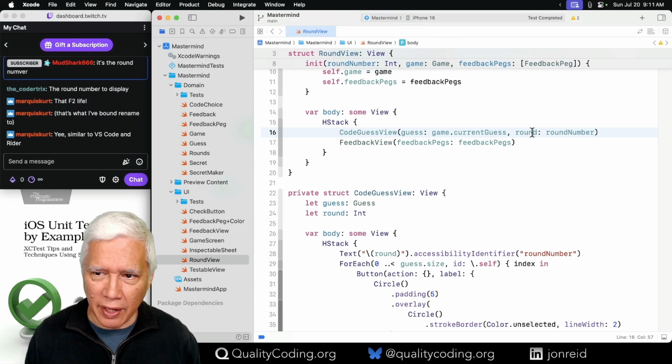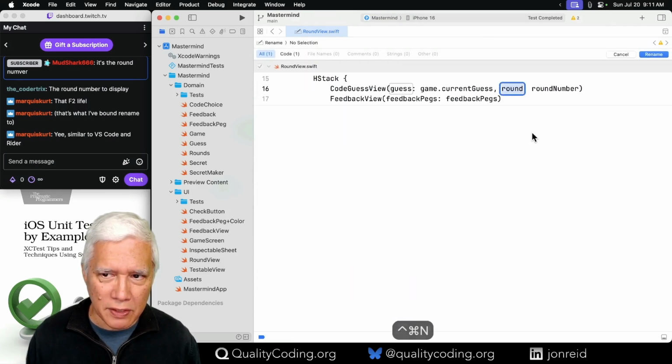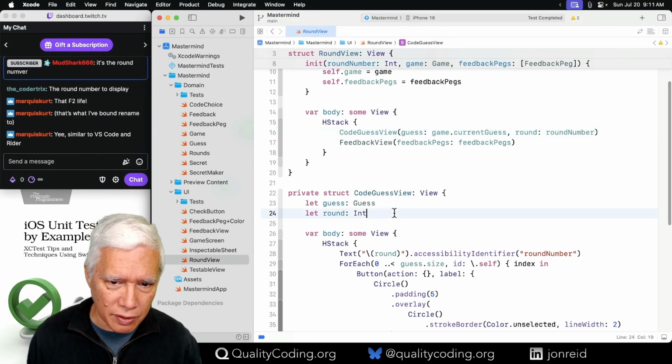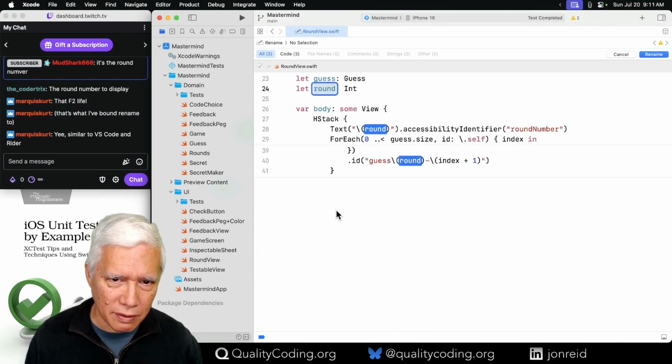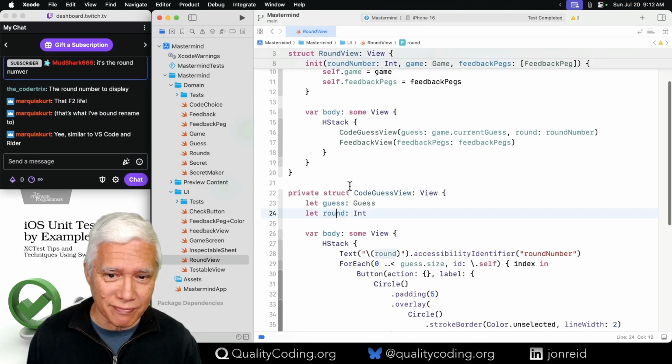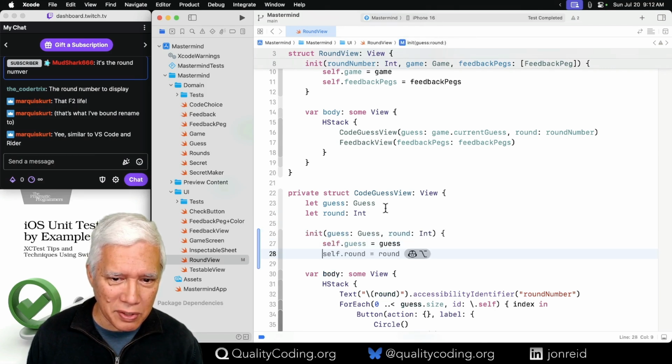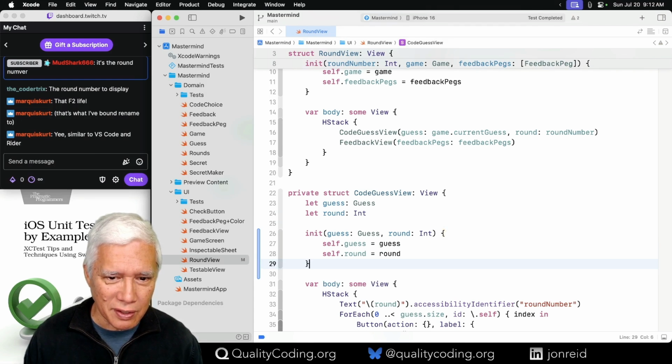So this is interesting. I can't just rename this. It's not picking it up because it's an implicit initializer. That's kind of funky. What do you make of that? Maybe sometimes an explicit initializer instead of an implicit one is more flexible, something I hadn't considered.